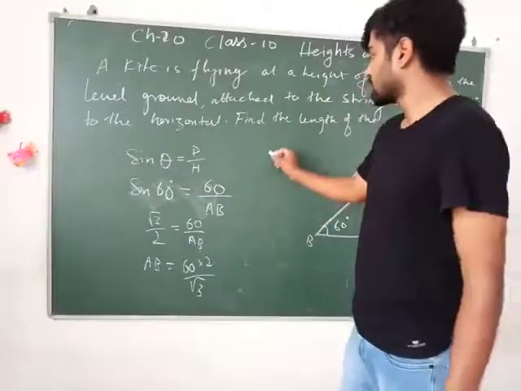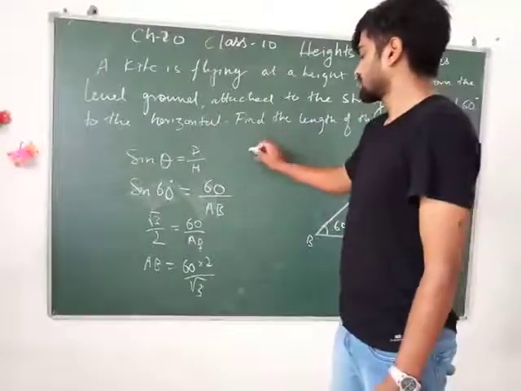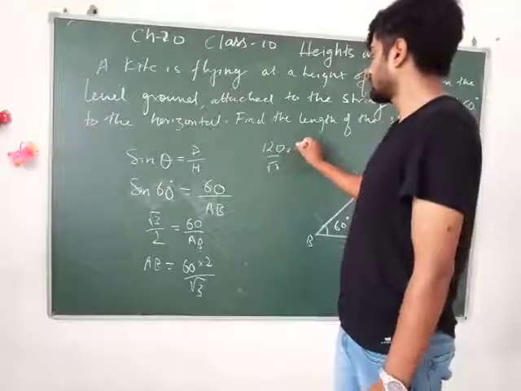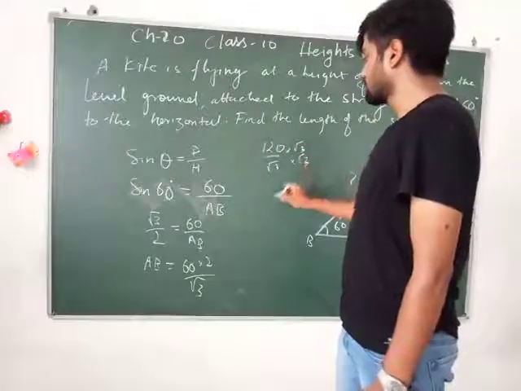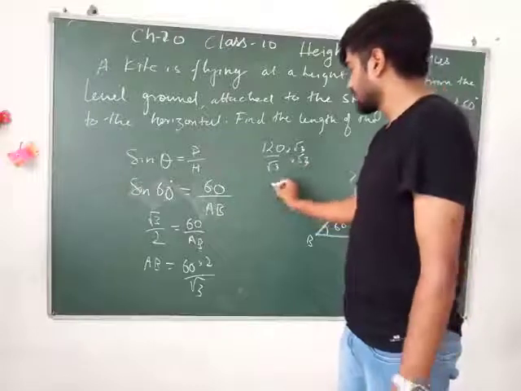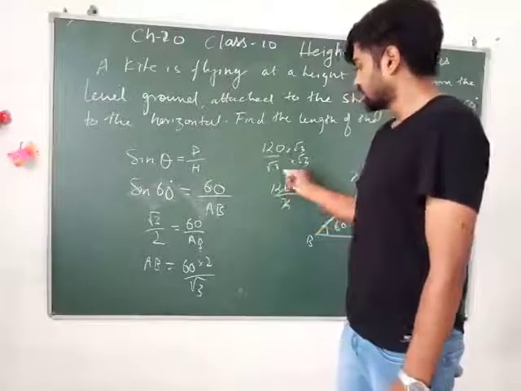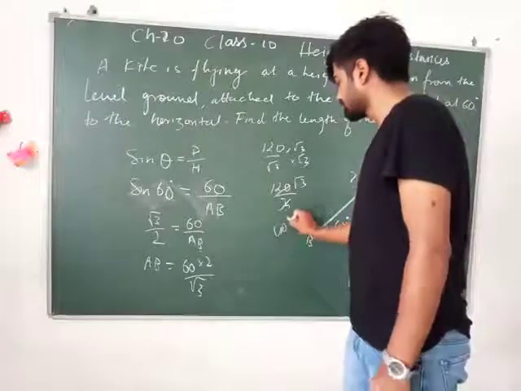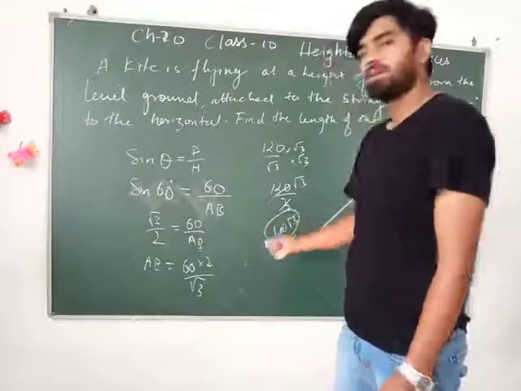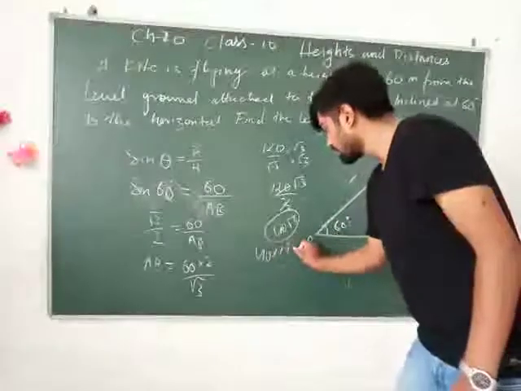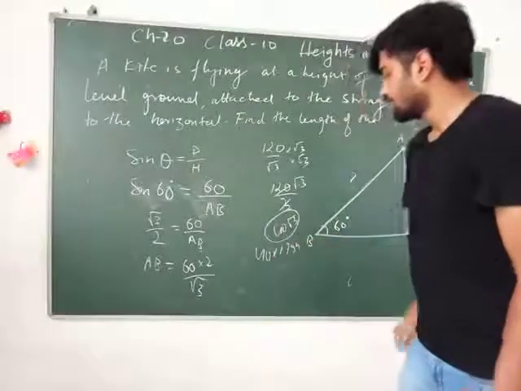तो जब मैं रैशनलाइज करूंगा तो कैसे हो जाएगा? 120 √3 into √3 into √3. So ये तो 3 बन जाएगा, तो मेरे पास क्या आ जाएगा, 120√3/3, 40√3. और √3 की वैल्यू भी डाल सकते हो आप, ठीक है। तो 40 इंटू 1.734, ओके। तो √3 की